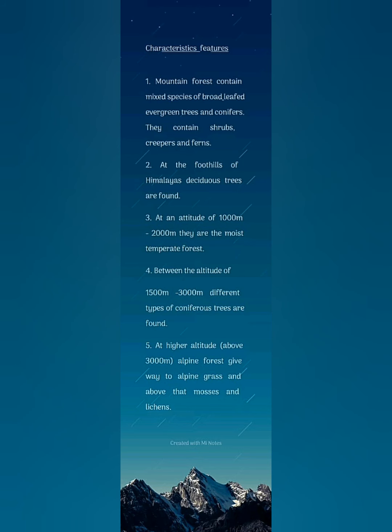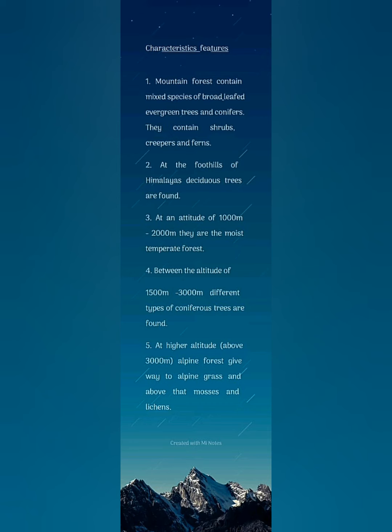In previous years we have learned when we move from equator to the poles, the vegetation varies from equatorial rainforest to taiga and tundra type of vegetation. In the same way, in the foothills of Himalayas, we can find the tropical deciduous forest, and when the height increases, it gives way to moist temperate forest, temperate deciduous forest, coniferous forest, alpine forest, alpine grasslands, and then the tundra type of vegetation like mosses and lichens.